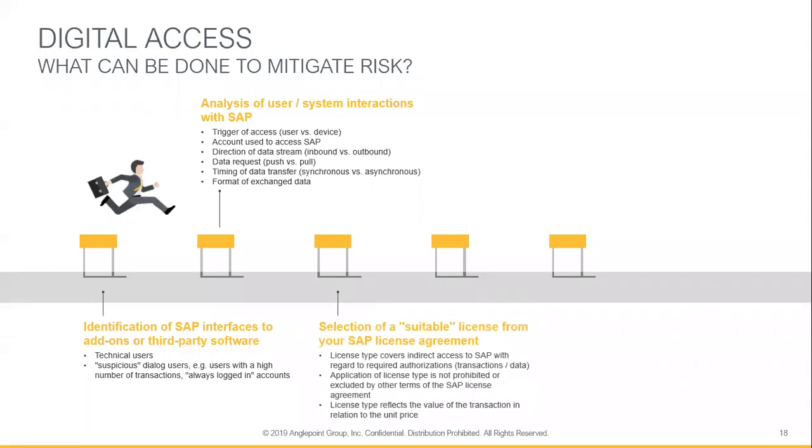Once you've identified what interfaces you have, you need to know whether any of the licensing that you currently have fits or covers that usage. So that's the next step. Take all the agreements that you have and see if any of the applications, engines, packages, or named user based licenses that you've already licensed with SAP would cover any of that use.